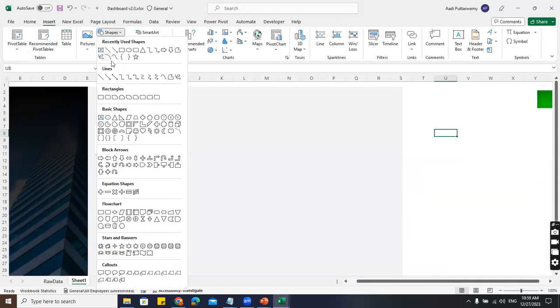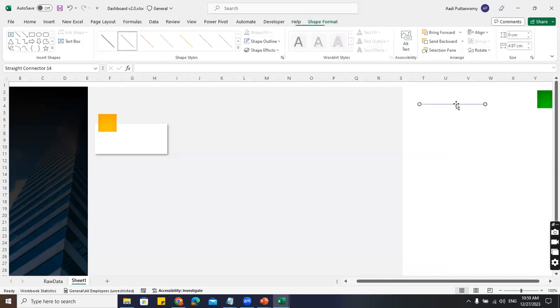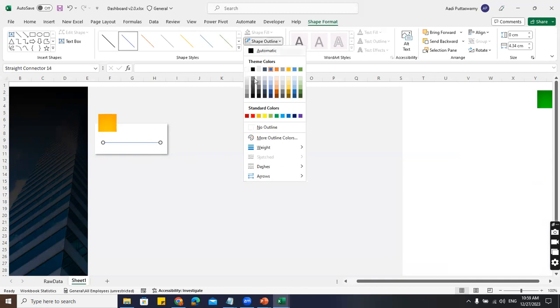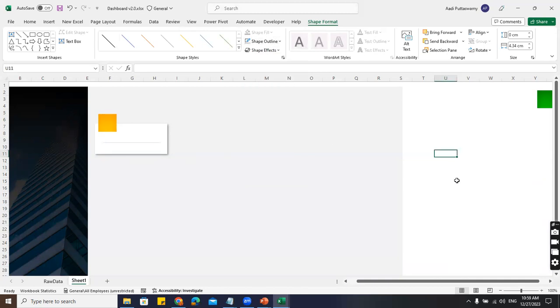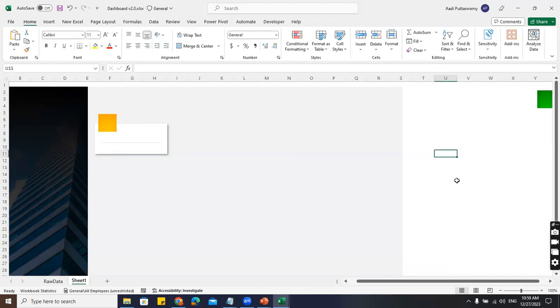Insert shape. You can take one line like this, and I'll keep it. If you want to reduce, you can just reduce this and keep it here. So I just wanted this to be a very light color. I'll go to this line and I'll take this. Done. Now I want